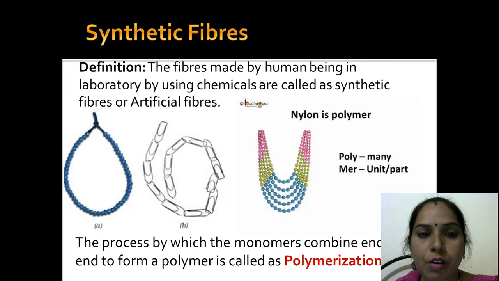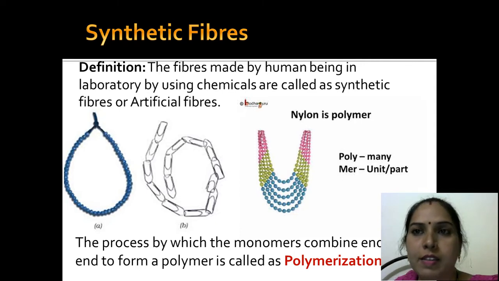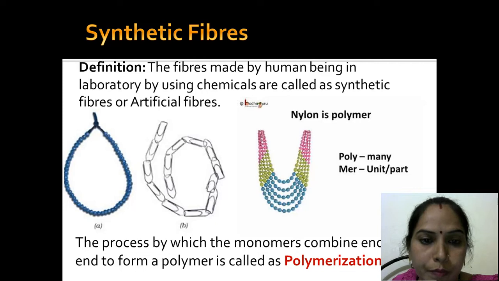Now moving on, see on your screen. Here you can see the necklace. Synthetic fiber is pretty much like this necklace. See what happens in a synthetic fiber. Carefully you can see this one unit of the necklace is known as a monomer. See on your screen this one unit. One unit of this necklace is known as a monomer.